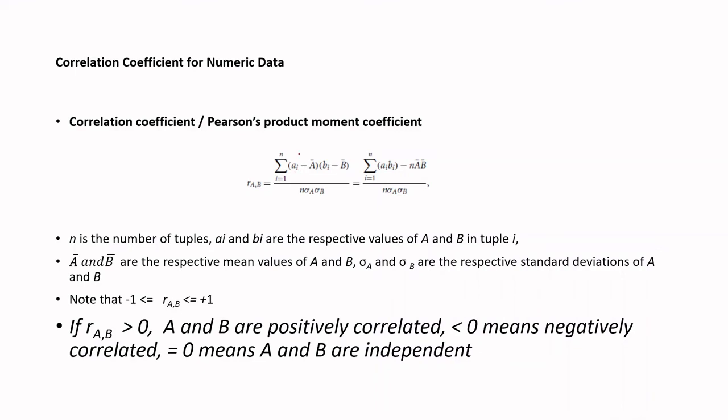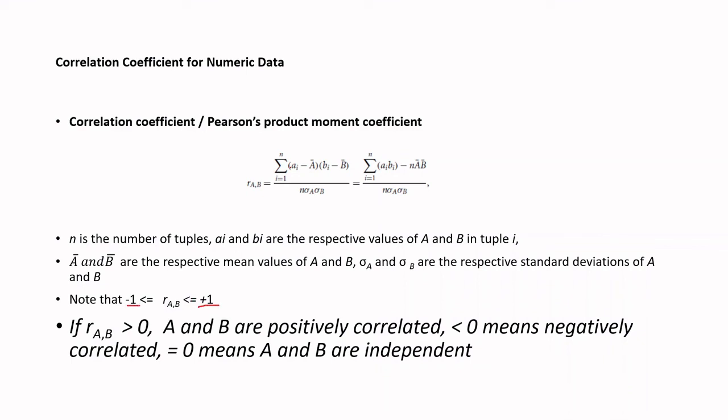So here what happens is, when the value a_i increases and correspondingly b_i also increases, then both the differences will be positive, right? And that positive number is divided by n and the standard deviations of A and B. So you are dividing the difference by the standard deviations, which means this is actually a normalizing measure. Here, നമ്മൾ ഡിഫറൻസ് കണ്ടുപിടിക്കുന്നു. ഡിഫറൻസിനെ നോർമലൈസ് ചെയ്യാൻ വേണ്ടിയിട്ടാണ് നമ്മൾ സ്റ്റാൻഡേർഡ് ഡീവിയേഷൻസ് വെച്ച് ഡിവൈഡ് ചെയ്യുന്നത്. അപ്പോൾ ഇങ്ങനെ ഡിവൈഡ് ചെയ്യുമ്പോൾ for this we get a value between -1